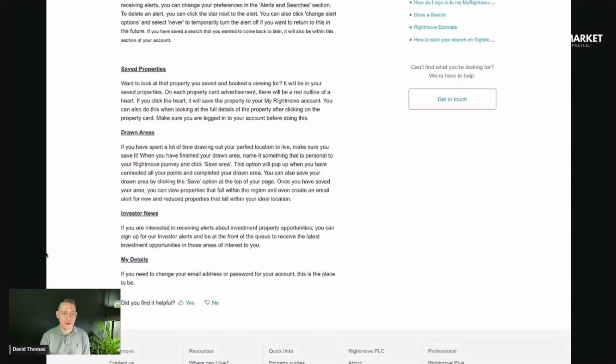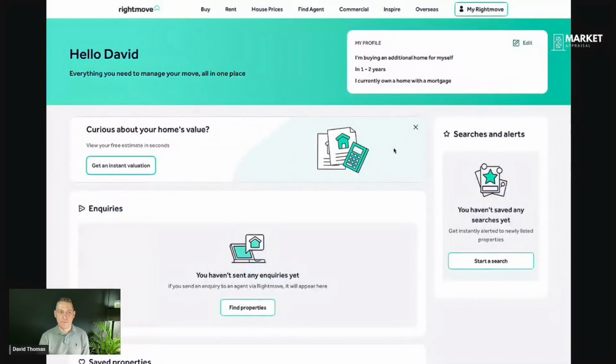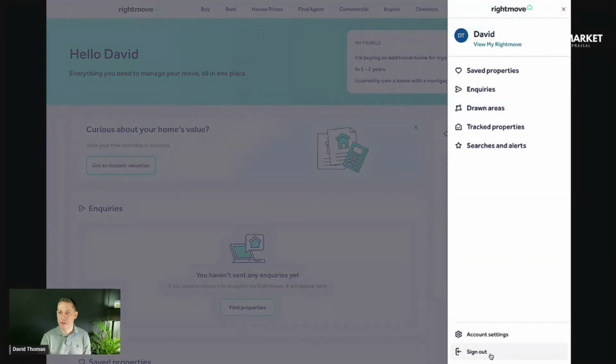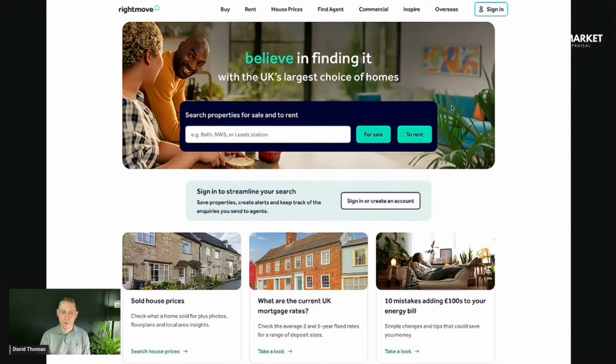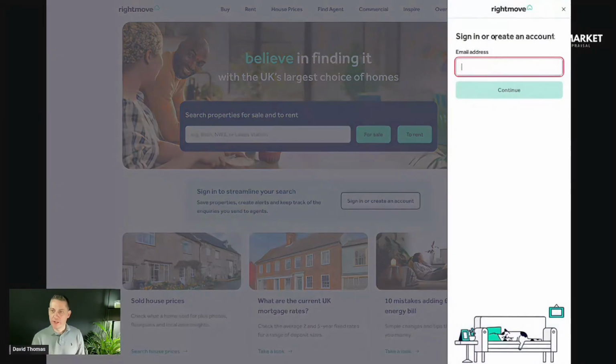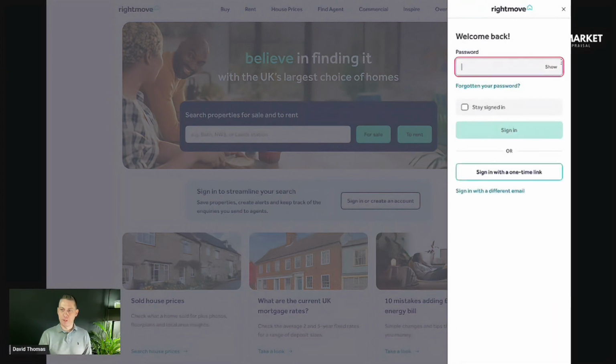So if I switch over to the Rightmove main website, we'll take a look at how you set the account up and then have a play around in the website itself. This is where I'm already logged into My Rightmove, I'll quickly sign out just to show you how simple the process is. So when you're on the main web page, all you've got to look for is the sign in at the top. You enter an email address, which I've already set up. You type a password